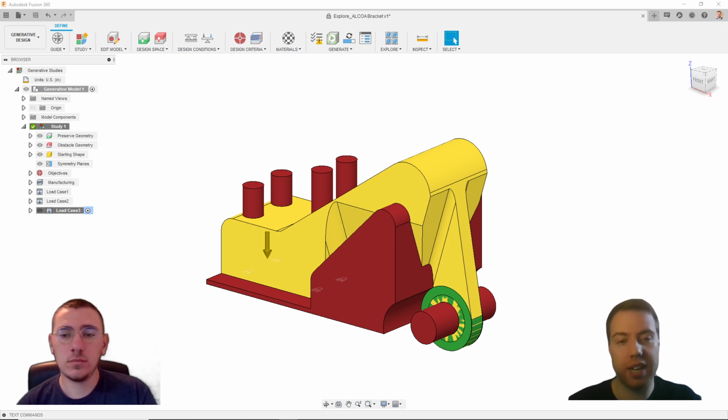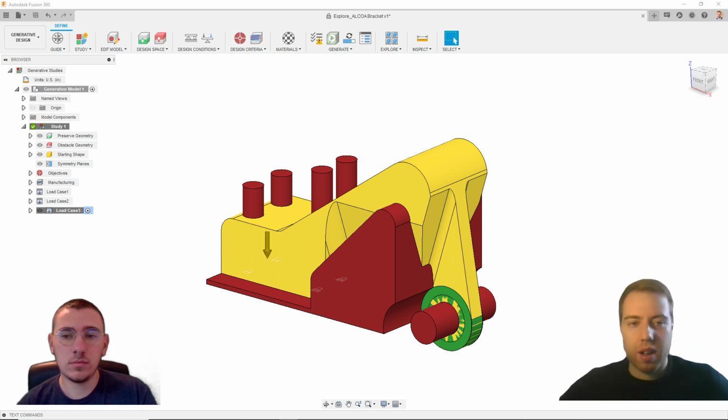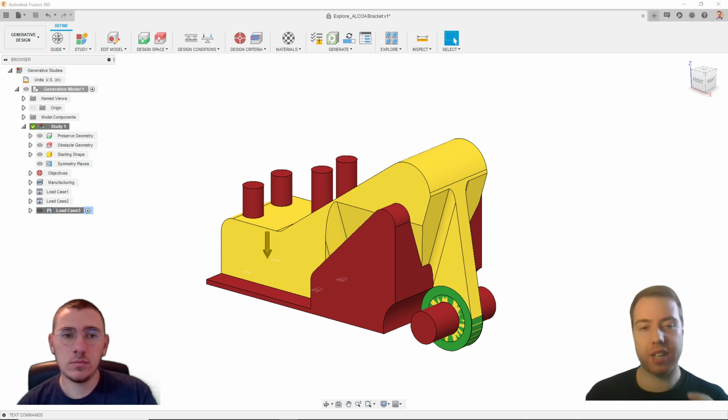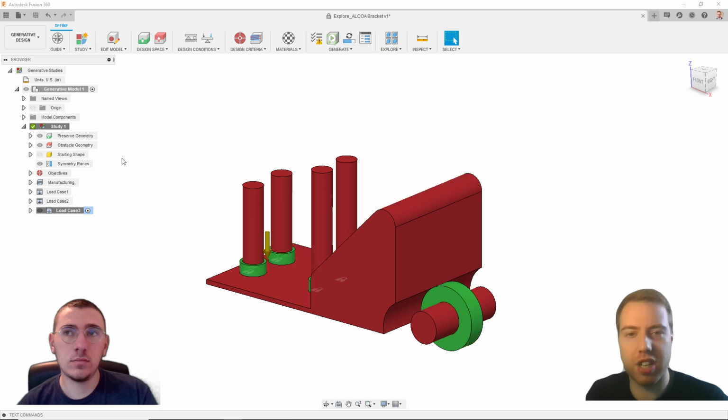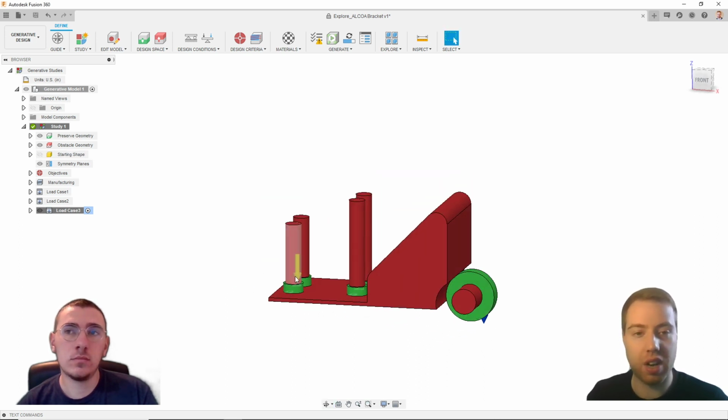But we also need to be careful that we apply forces to every single one of our preserve regions. If you remember, I said earlier that if generative design isn't able to connect all of our preserve regions, then the study is going to fail. Well, if we don't have any force acting on a preserve region, then generative design doesn't understand why it needs to be connected to the rest of the preserve